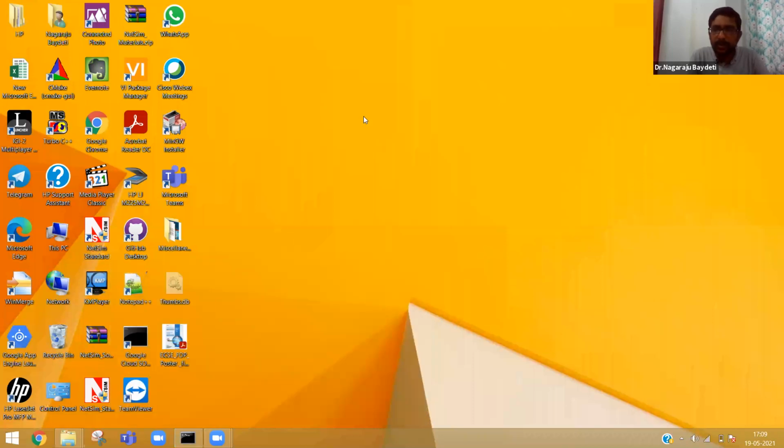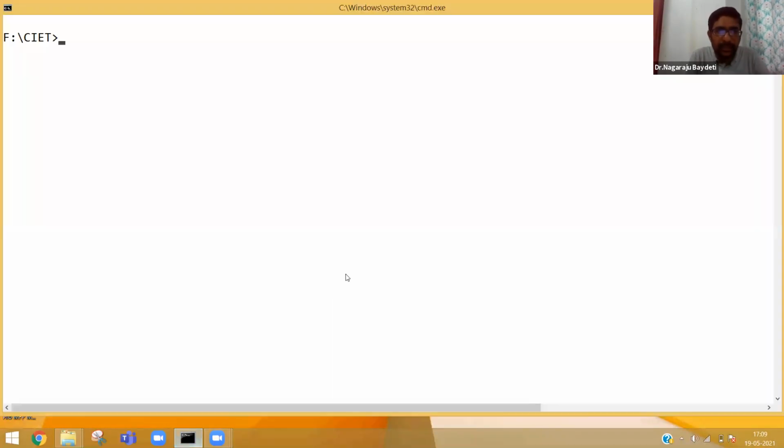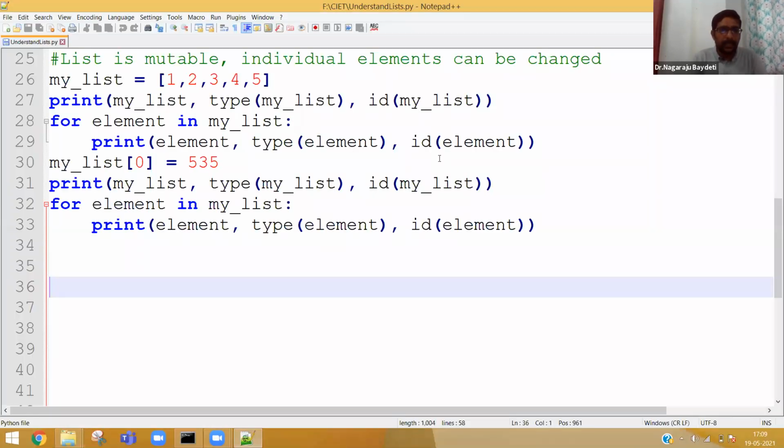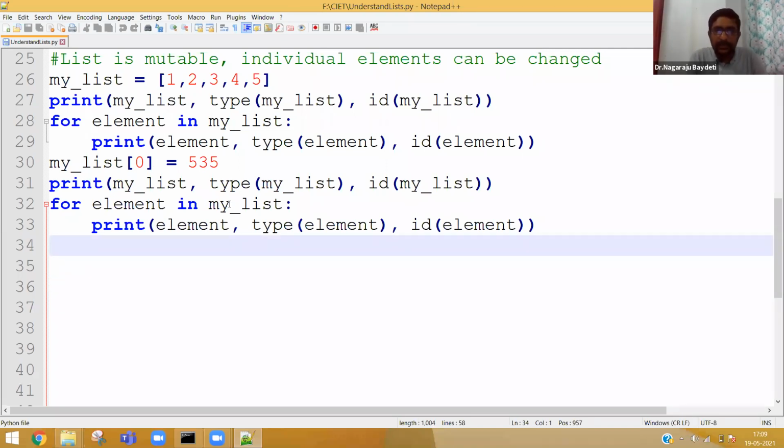What is mutable? See, mutable means when you are able to change individual elements. Please try to understand, the student who asked me the doubt, what is mutable? Here, if it is a string, yesterday I explained, an individual item in a string cannot be changed. But whereas individual elements of a list can be changed, that is called mutable. Mutable means which can change.